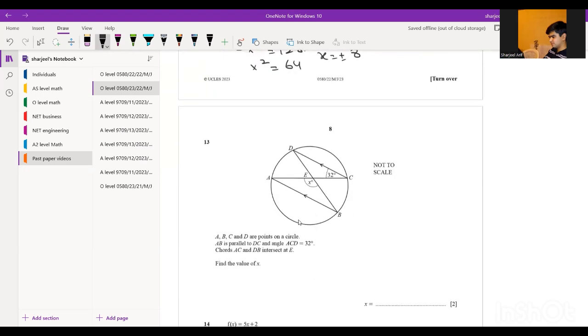Now for question number 13, we have been given the values of A, B, C, and D, which are points on the circle. AB is parallel to CD and angle ACD is equal to 32. AB and CD are parallel lines and they intersect. The lines bisecting both parallel lines cut each other at point E. So if these two are parallel lines, the remaining angles should be equal. So we will use the same segment